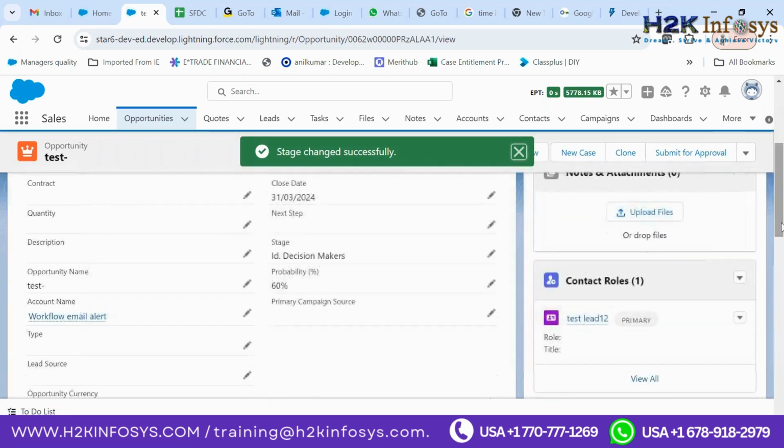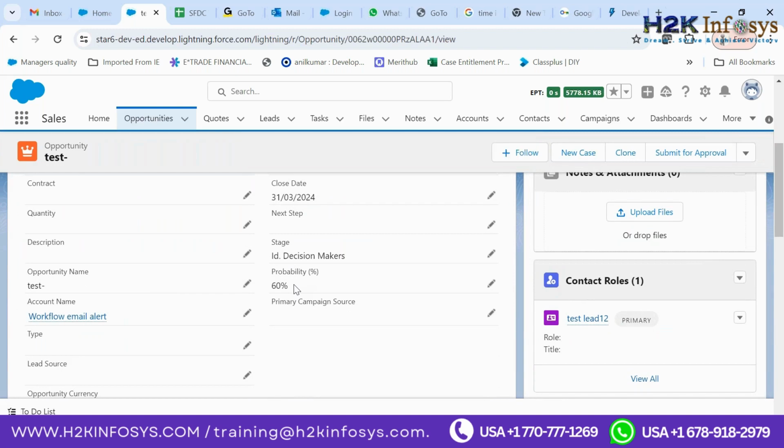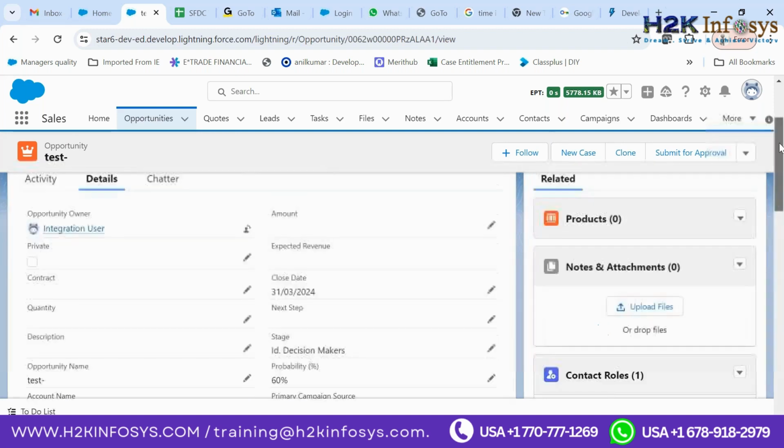So now what's happening here, the probability is 60%. What does this mean, probability? There is a 60% chance this opportunity could be won as of now. These are going to help the